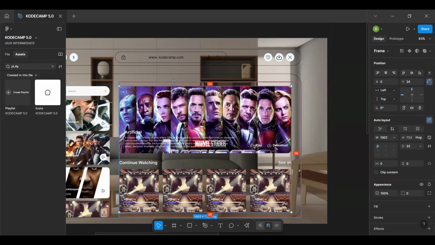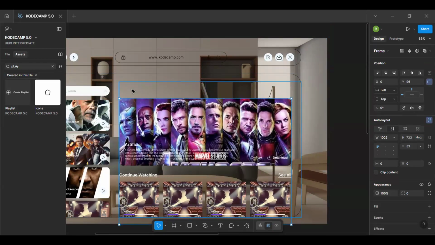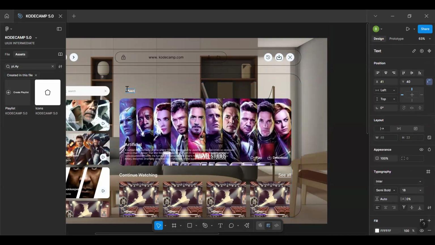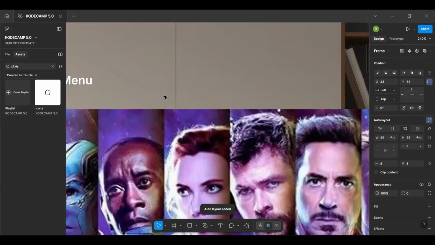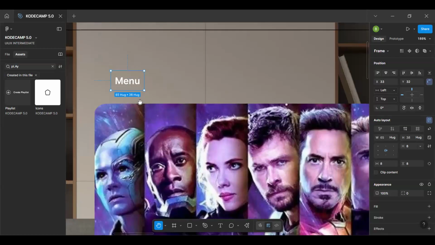So this is 24. So let me take it down. I'm going to rework on that. So I'm just going to use a text here and then name it menu. Okay, put it on auto layout, and then I think I might want this to be in